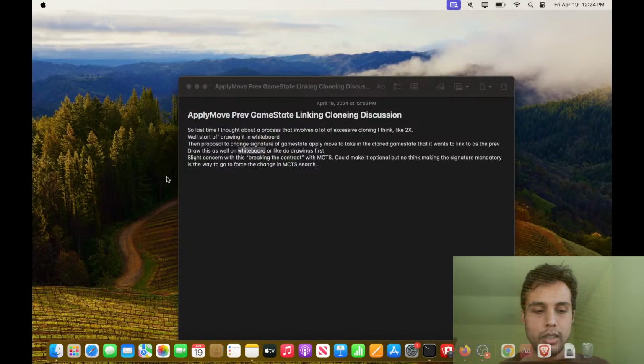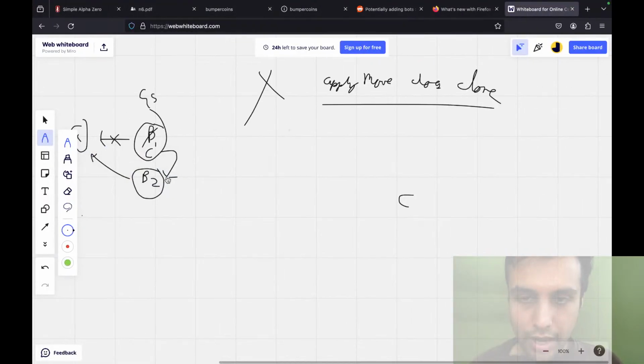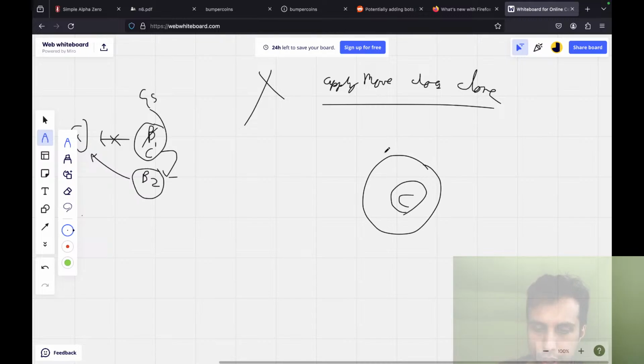Okay, that was a lot of words. And again, don't worry, I'm going to draw it all out, partially for myself. Let's just say this is a C. This is our game state C, and this outer wrapper is our node. The bigger circle means the MC node, and this tiny wrapper is the game state.